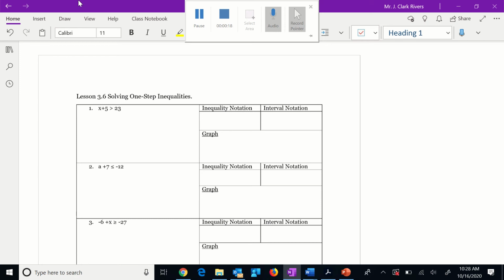We are covering lesson 3.6, solving one-step inequalities. This can be found in your notes folder in OneNote. If for some reason it is not there, please come back into the Google Meet and let me know. I will be there the entire time to assist you. If you have any issues with anything at any time, any questions, pop into that Google Meet and let's talk